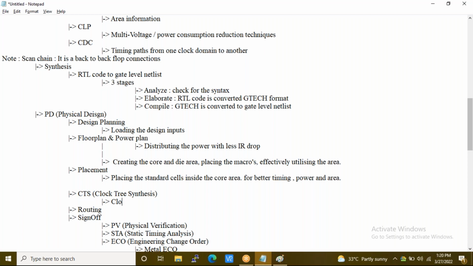The clock tree is built, making sure all the sequential cells receive the clock with less skew.